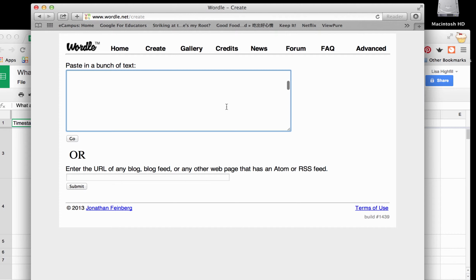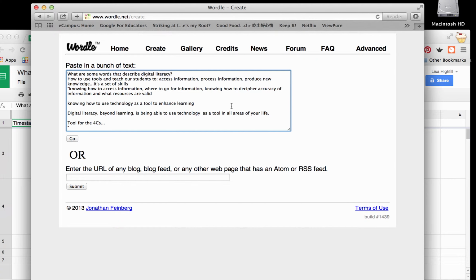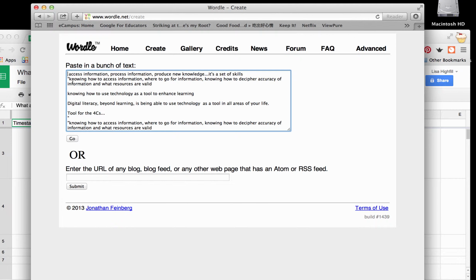And I can slide back up because it moved my scroll bar really far down. Now I'm noticing that it was including the question, what are some words that describe digital literacy? Before I begin this, I can delete that. And I see someone wrote a sentence instead of just words. So you can clean it up just a little bit. It's just as well, though, if you have a lot of responses, that won't be as noticeable. So you click go,